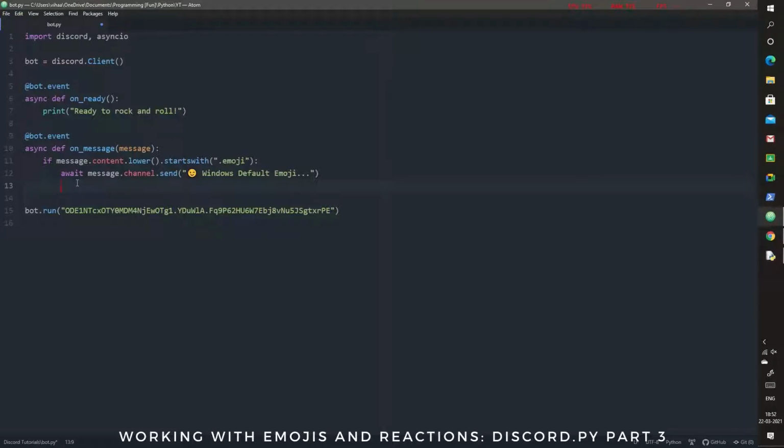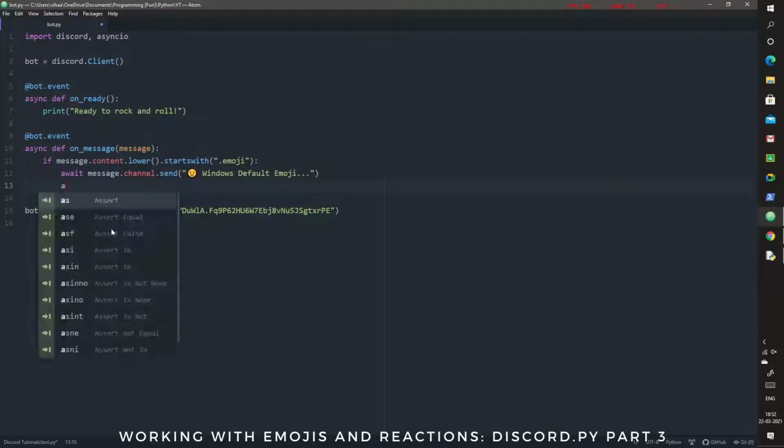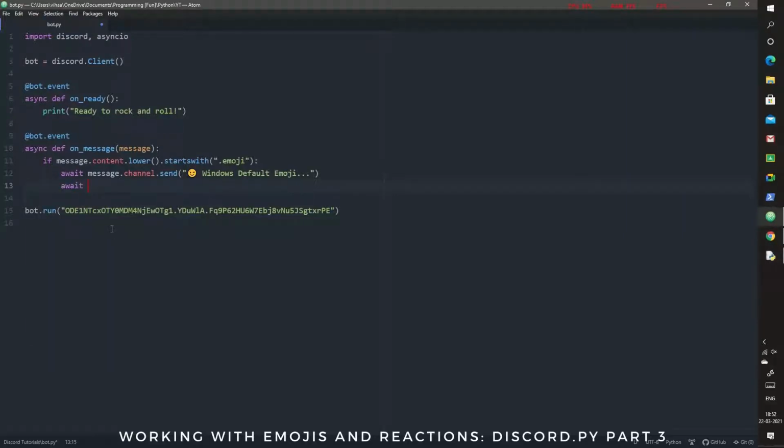So if I type .emoji and I'm waiting, like the asyncio.sleep is on, then if some other user runs the command, it's still going to work and not stop, unlike time.sleep. So again we have to await this because it's meant for async functions, asynchronous functions.